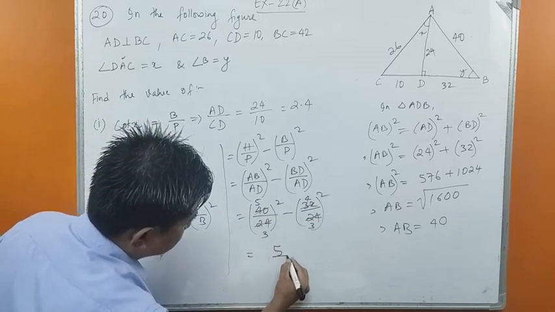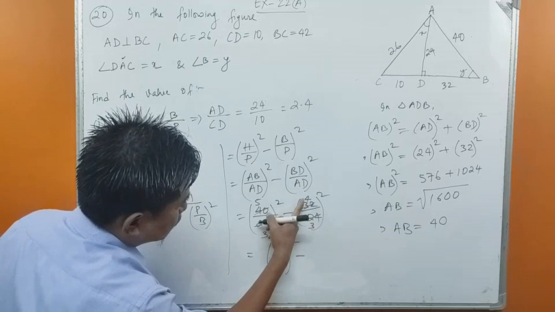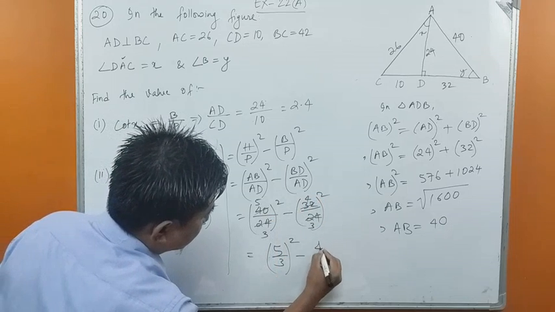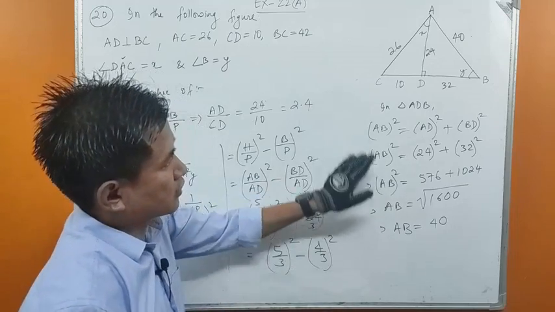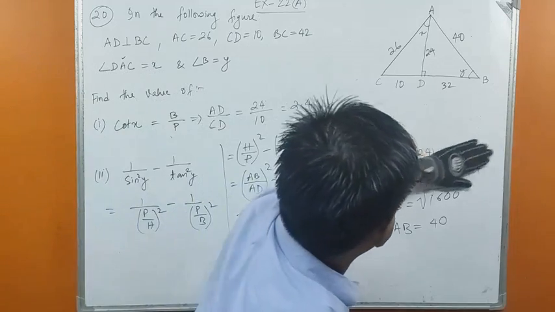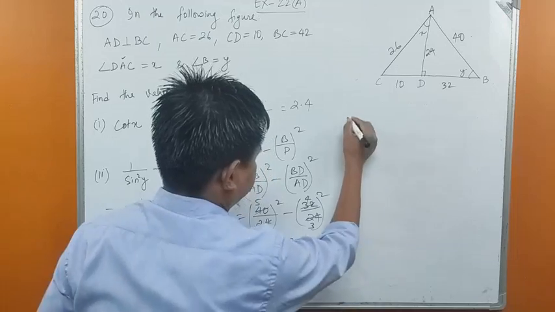Let me write one step. 5 upon 3 whole squared minus this is 4 upon 3 whole squared, isn't it? So please take a screenshot of this, okay? I'm erasing this also. Now we have